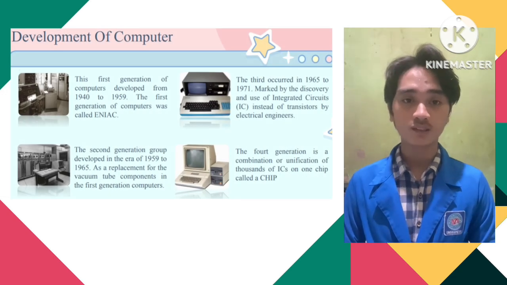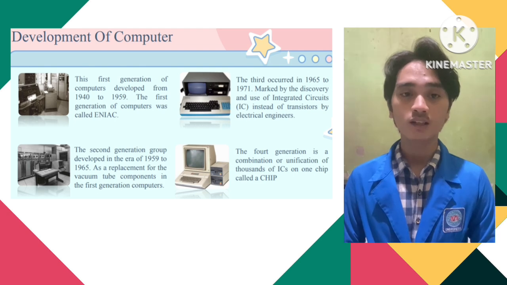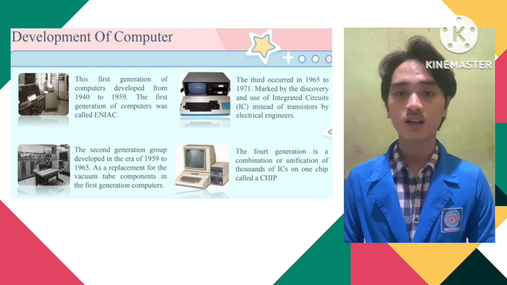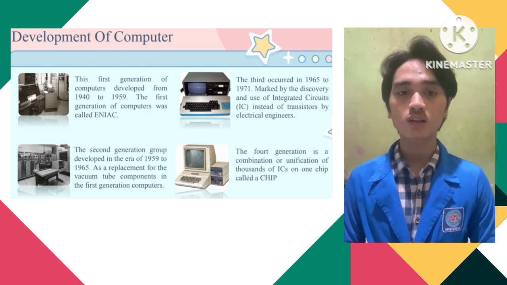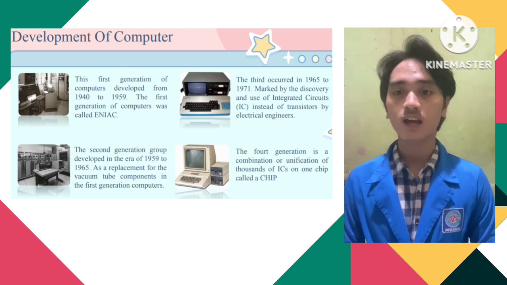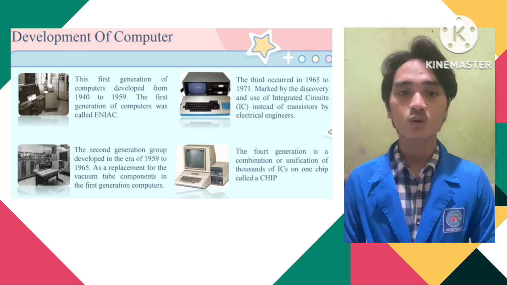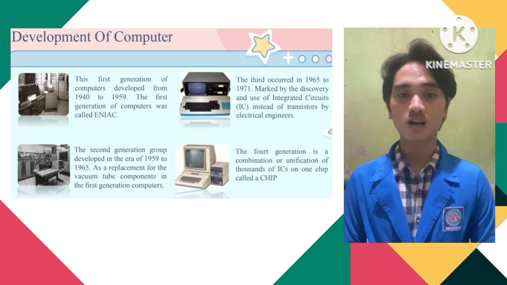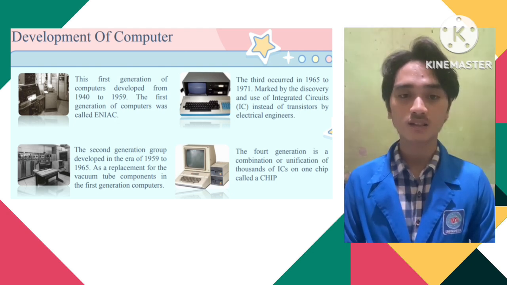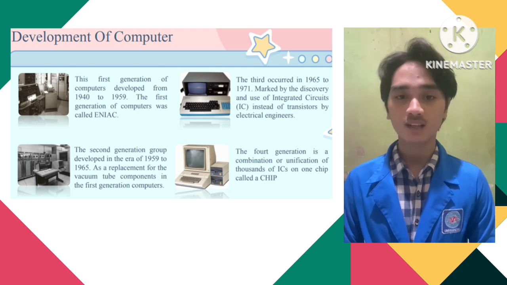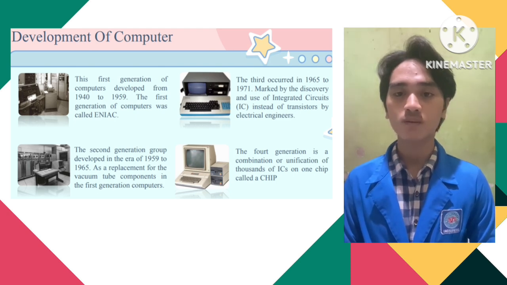Development of computers. First generation computers. This developed from 1940 to 1959. The first generation computer was called ENIAC, which was developed by the United States Army. ENIAC was designed and developed by two professors from the University of Pennsylvania, United States, namely Professor John Eckert and John Mauchly. Furthermore, the machine was launched on February 15,